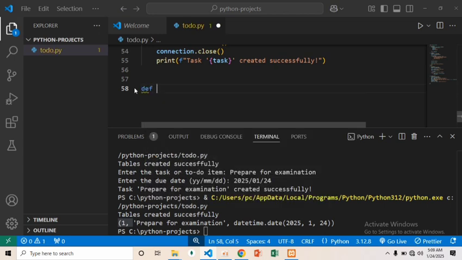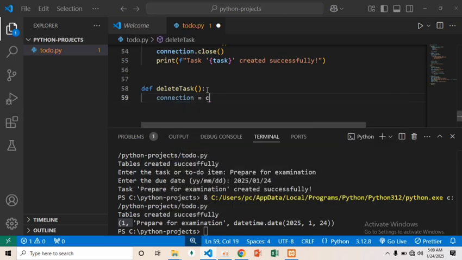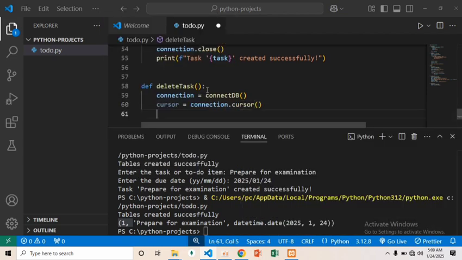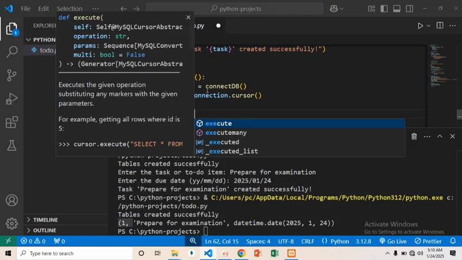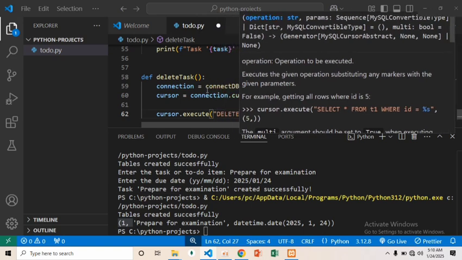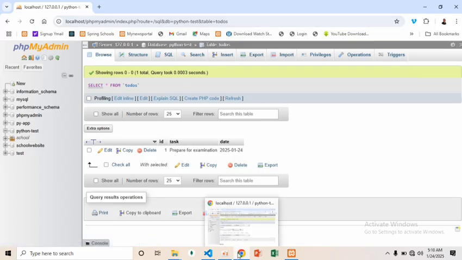Create another function that says delete task. This delete task function is going to handle deletion of the task on the database. So what I'll do now, I'll say connection is equal to connectDB, which returns the connection. Then cursor is equal to connection.cursor. Then I'll say cursor.execute. I want to execute delete from to-dos, which is the table name. Delete from to-dos